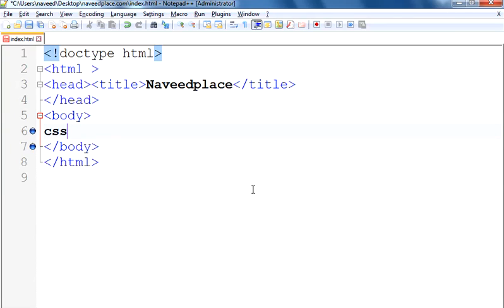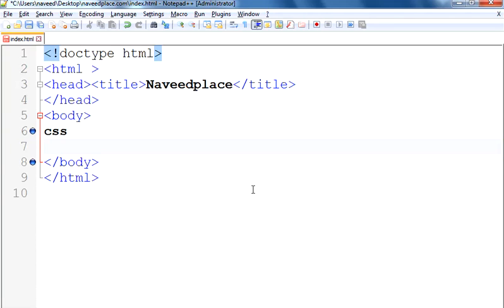Before we go towards the course section, we should learn what basically the difference between HTML and CSS is, and what differences you find. So let's see the differences. The first is, whenever we want to save